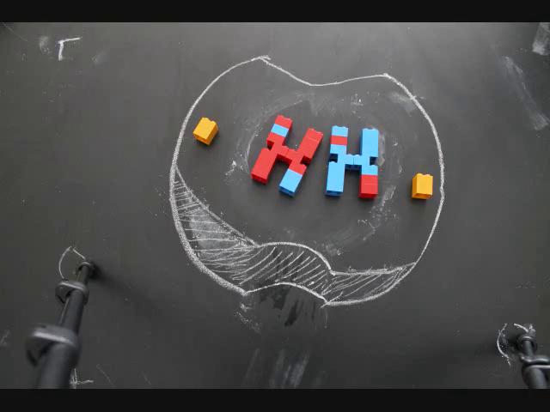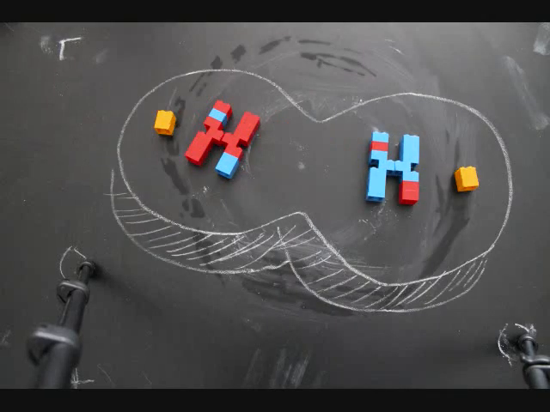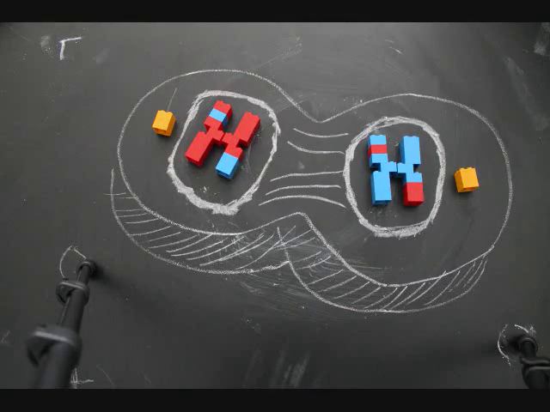The pairs of chromosomes separate, pulled towards the poles of the cell. At this time, the chromosomes are gathered together and a new nuclear envelope forms, which is the process of telophase